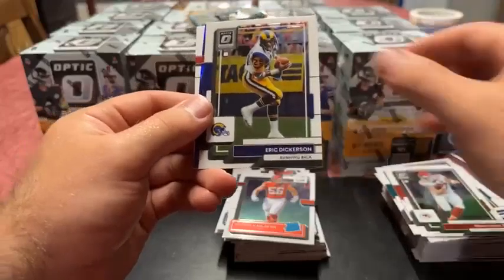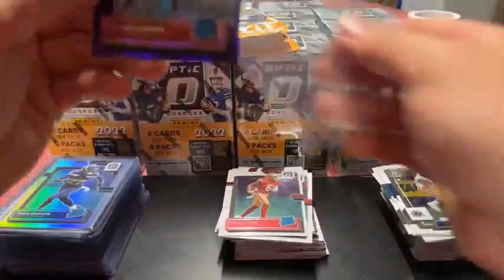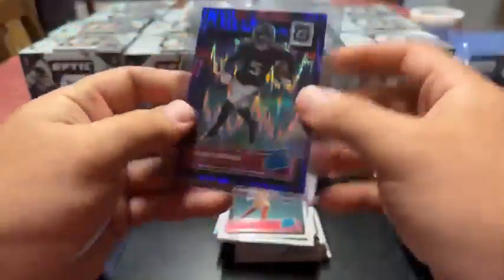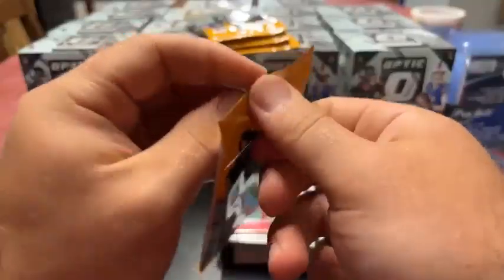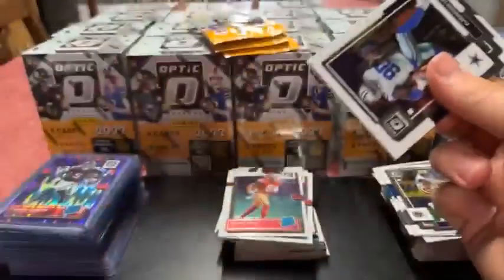But Travis Kelce, Eric Dickerson, Drake London, again the Falcons that you're wanting, and Danny Gray. But also, the awesome thing about it is, if you only care about the Colts, then that's all you need to pay for. And for me, I'm only collecting Packer cards. I'm actually selling all my non-Packer cards, which isn't a whole lot anymore. So